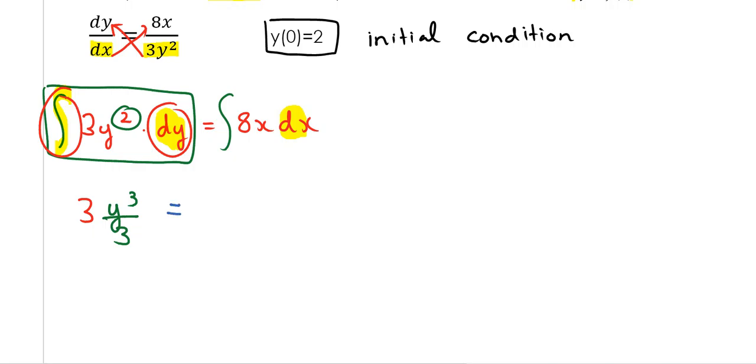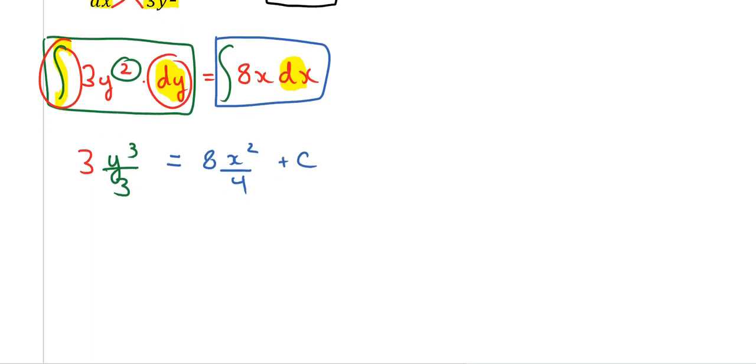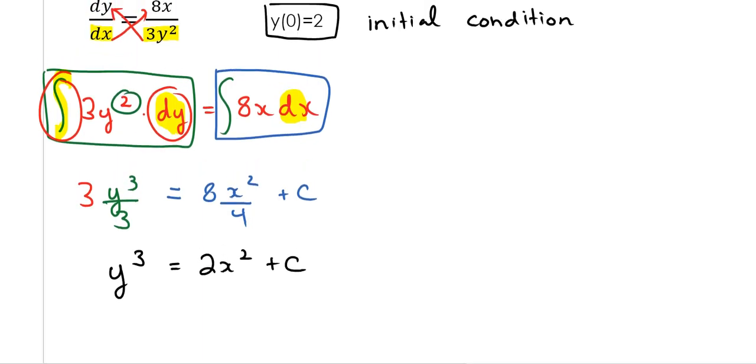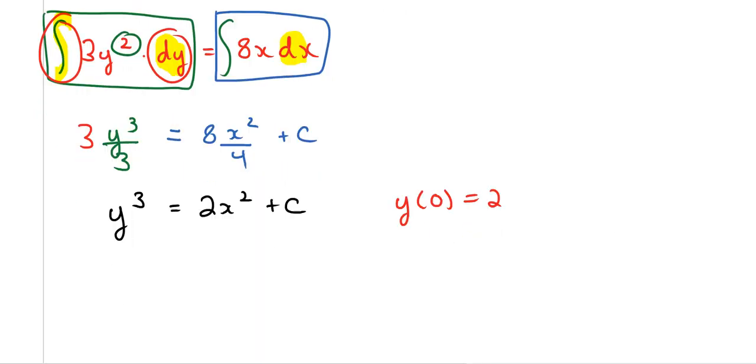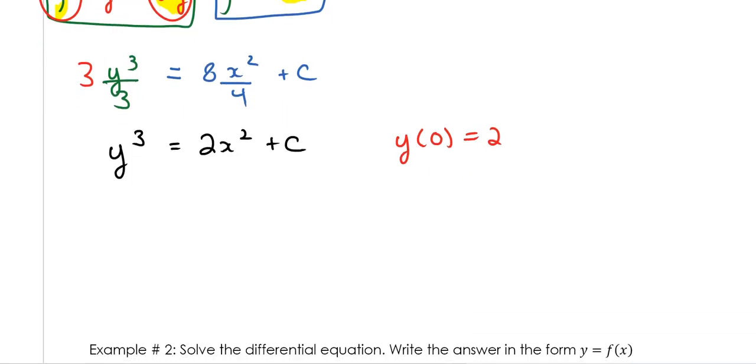This will equal, well, what's the antiderivative of 8x dx? That's going to be 8 times x to the power 2 divided by 4 plus c. Before I continue, let me simplify my expression. This is going to be y cubed equals 2x squared plus c. And I know that my initial condition was y of 0 equals 2, right? I recommend that you use the initial condition right away. Once you've found the antiderivative, use the initial condition right away so that you can find the actual value of